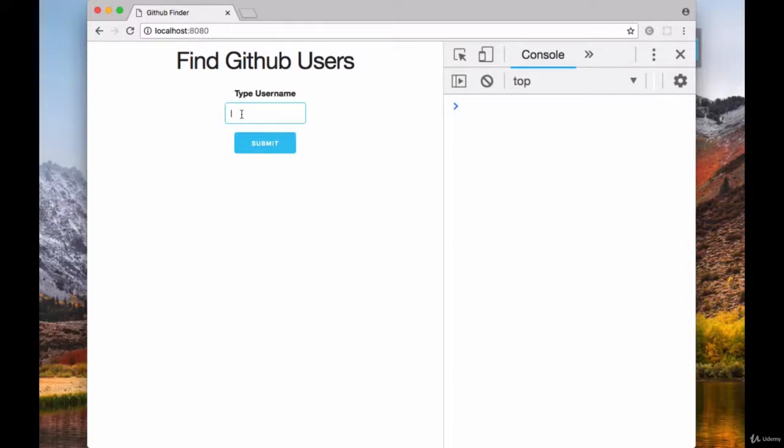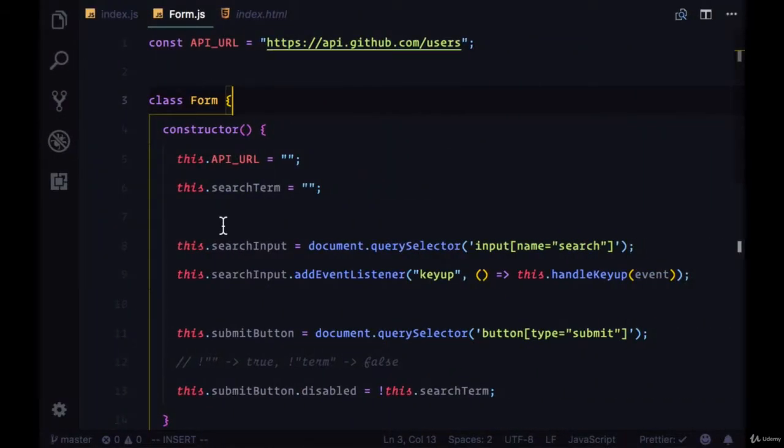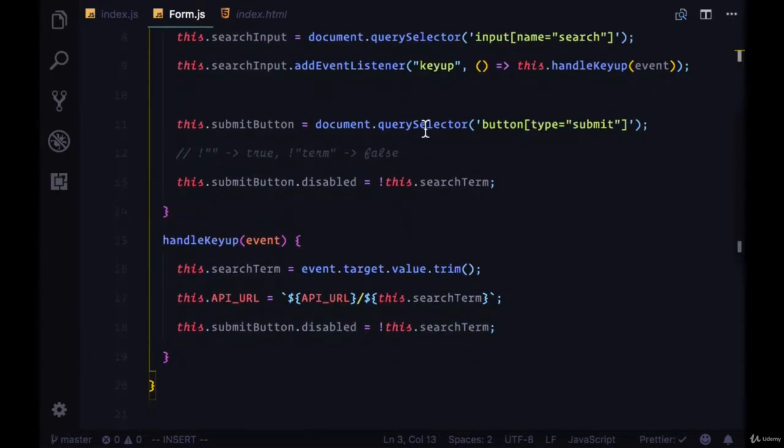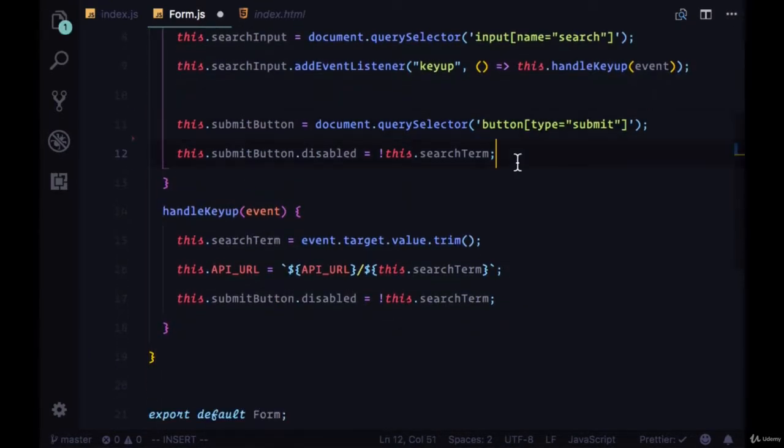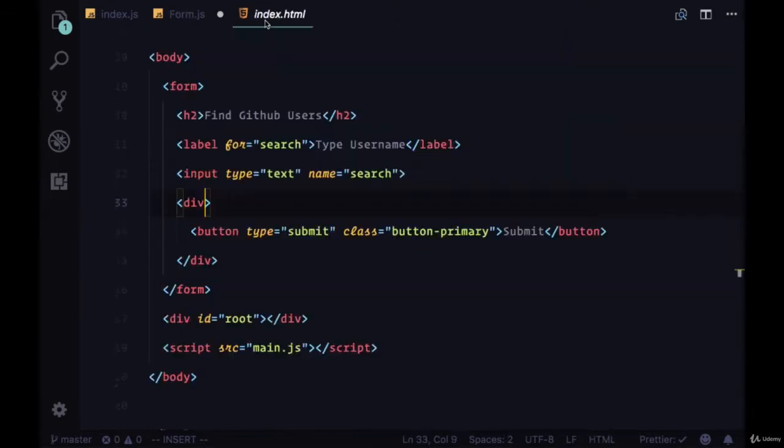In the last section we created the handleKeyUp method. So now we're able to type into our input and change the API URL, and in this section we're going to be able to hit submit and connect with that URL in order to get data back about a given user. So the first thing that we're going to do is delete the comment that we created in the last section, and looking at our index.html file,